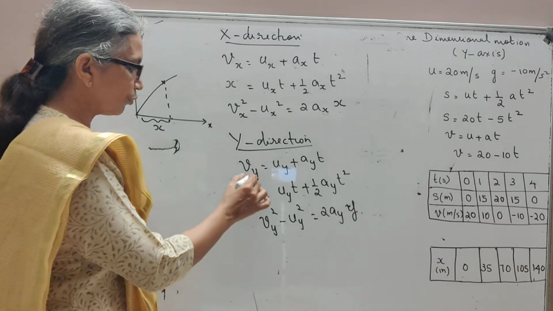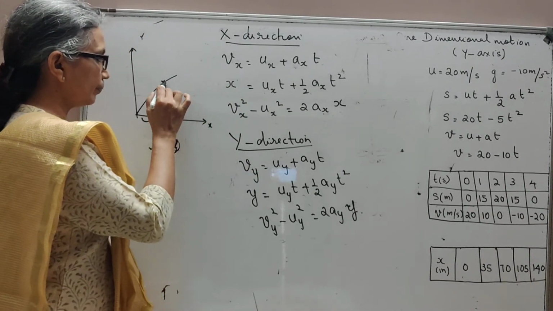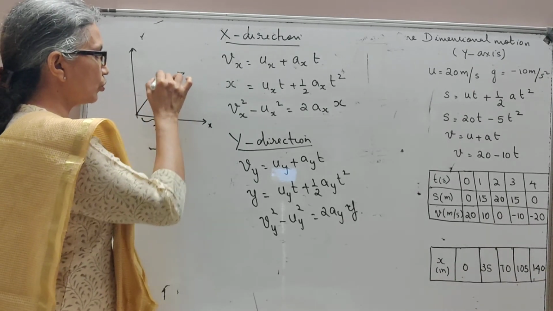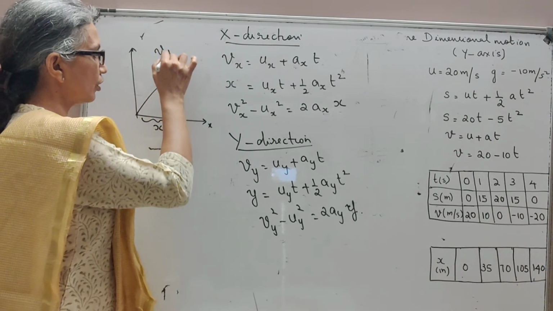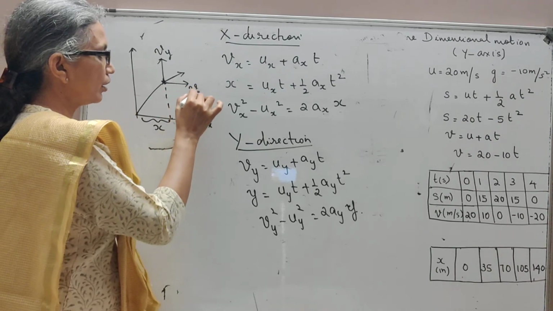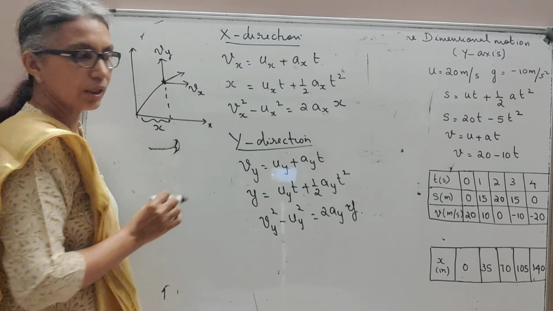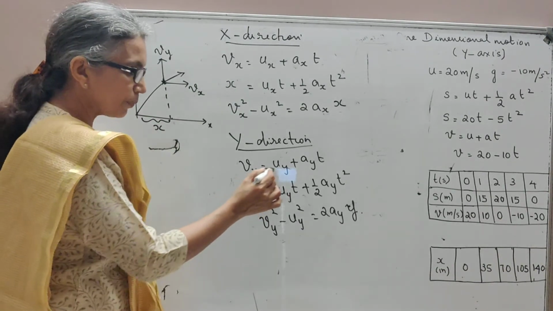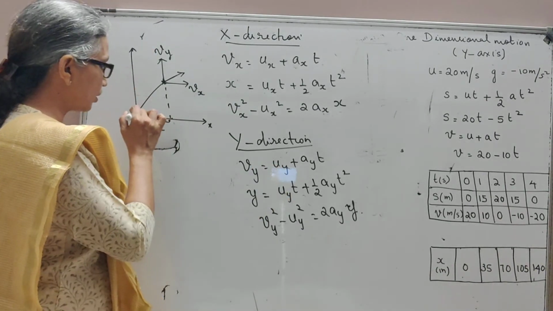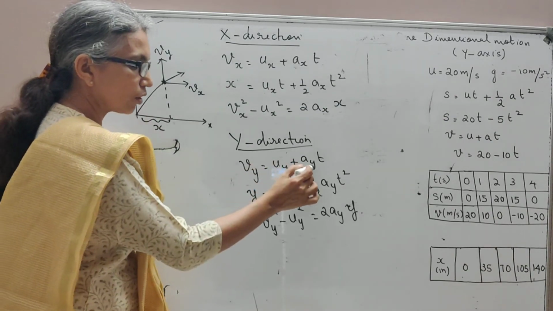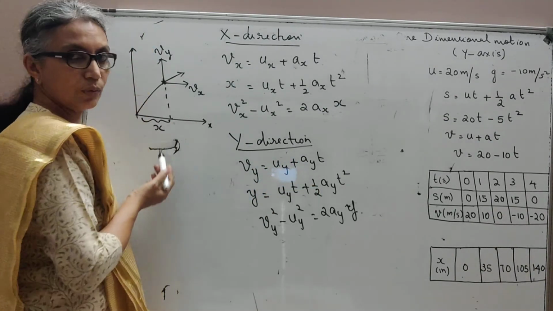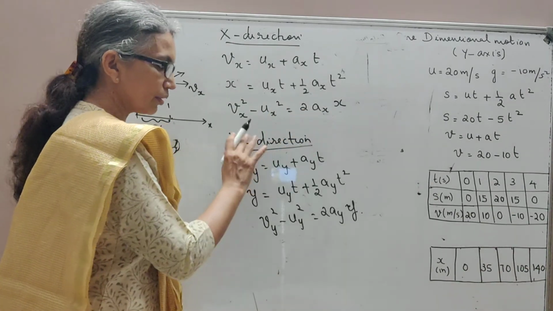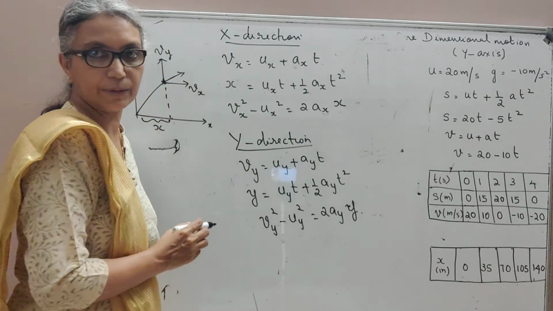Similarly, if you want to find out the velocity of this body at this instant, the velocity here has two components. We have the vertical component and the horizontal component. Now if you want to find the vertical component, you are looking at this formula. It is dependent only on the initial velocity along the y-axis and the component of acceleration along the y-axis. The component of acceleration along the x-axis does not determine Vy.